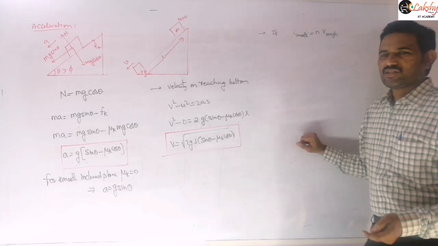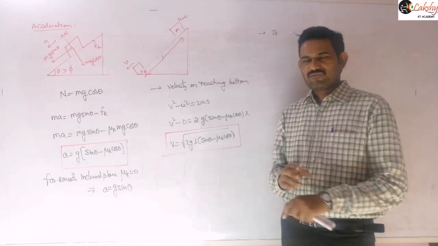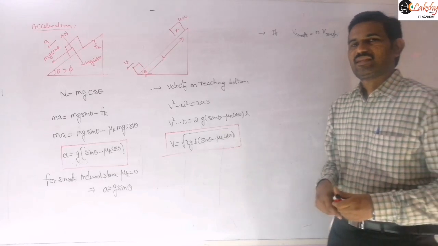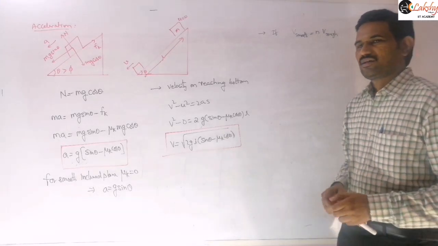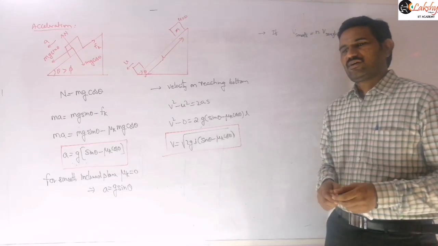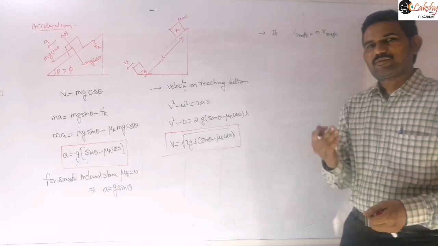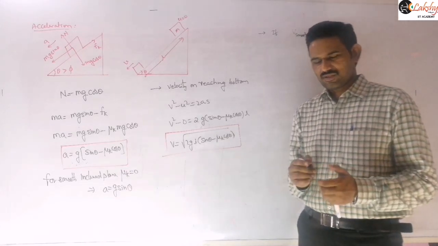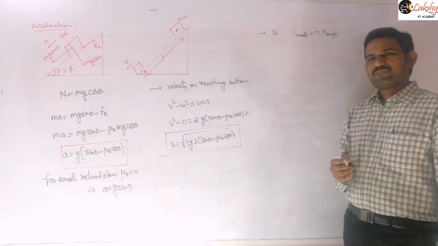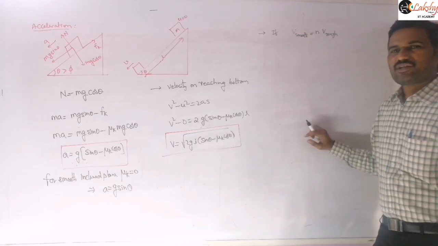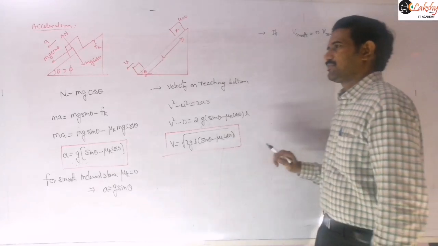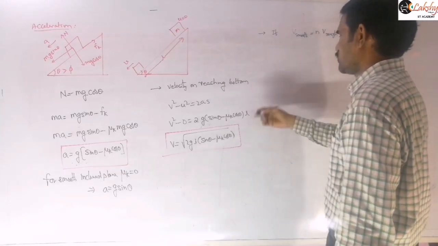If the velocity on reaching the bottom of the smooth inclined plane is n times the velocity on reaching the bottom of the rough inclined plane, just mention that it is n times that of the rough inclined plane, then the coefficient of friction for the rough inclined plane is given by...